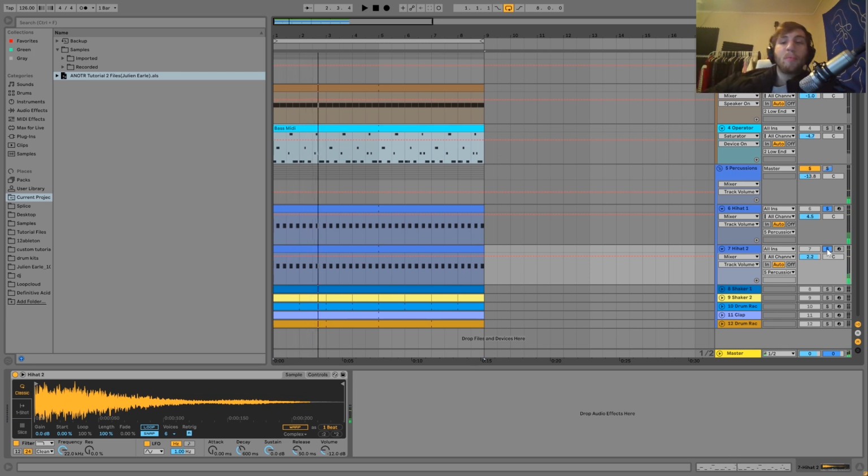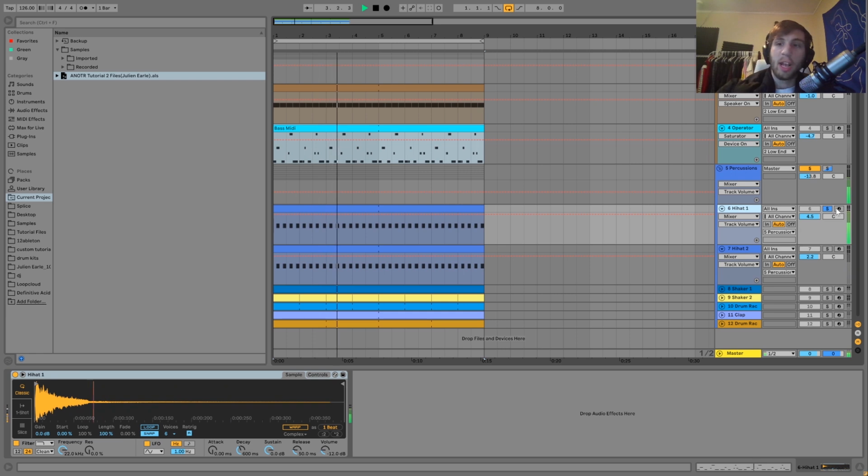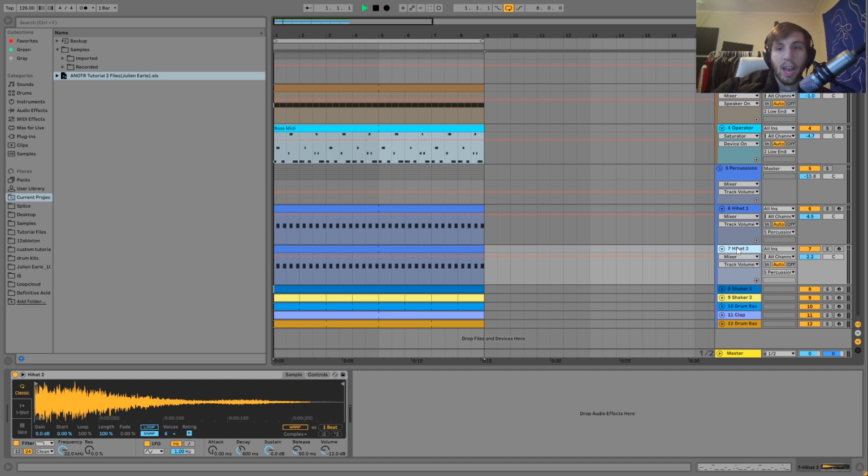The main thing to keep in mind with these is the layering. You don't want to just have the high end one because it's going to be too thin, but you also don't want to have just the mid-range one because then it's going to be too short. But putting them together, you get the best of both. And also, choose shorter samples. You wouldn't want a super long open hi-hat that's going to take up too much space. You want something a little bit shorter and tighter. That's just like a quick